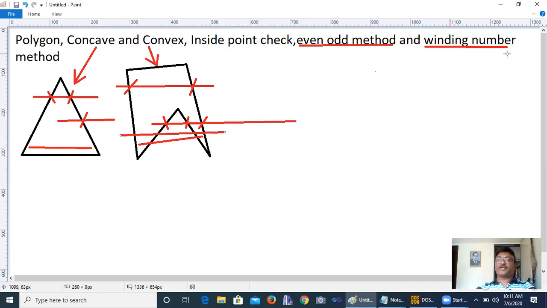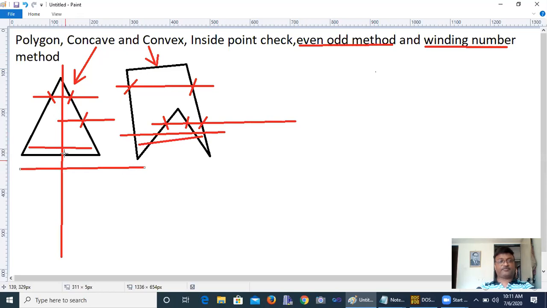Now, what is the winding number method? In the winding number method, suppose I have considered any point that is outside the polygon. Here I have to draw a line parallel to the y-axis, and then I draw the line from this point parallel to the x-axis. So this is my point.